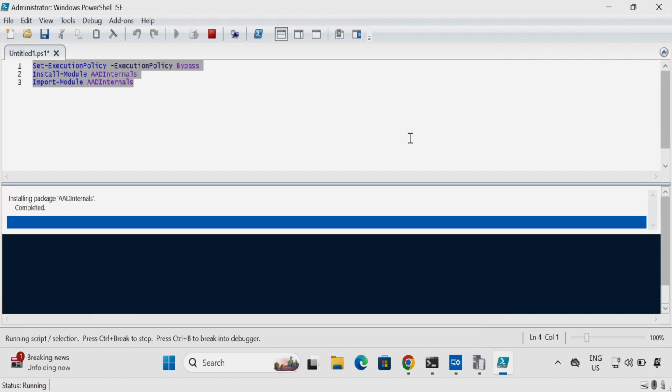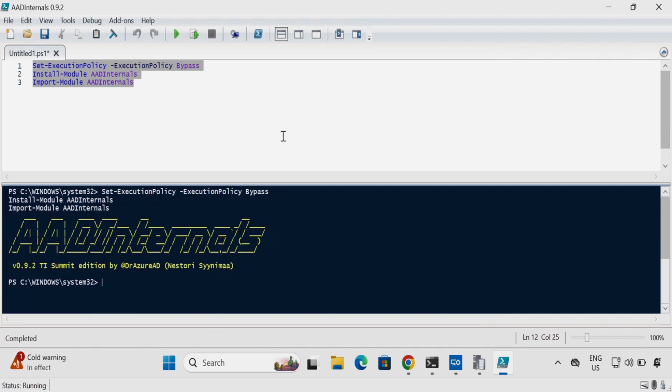While these commands are running and installing AADInternals, it is very important to know that the AADInternals module is not a Microsoft supported module, and these scripts are not created by Microsoft. These are third-party scripts, and I will include the owner link in the description section. Now we can see that the AADInternals module installed successfully, and we can also see the developer who created this module. So now let me close this PowerShell ISE,